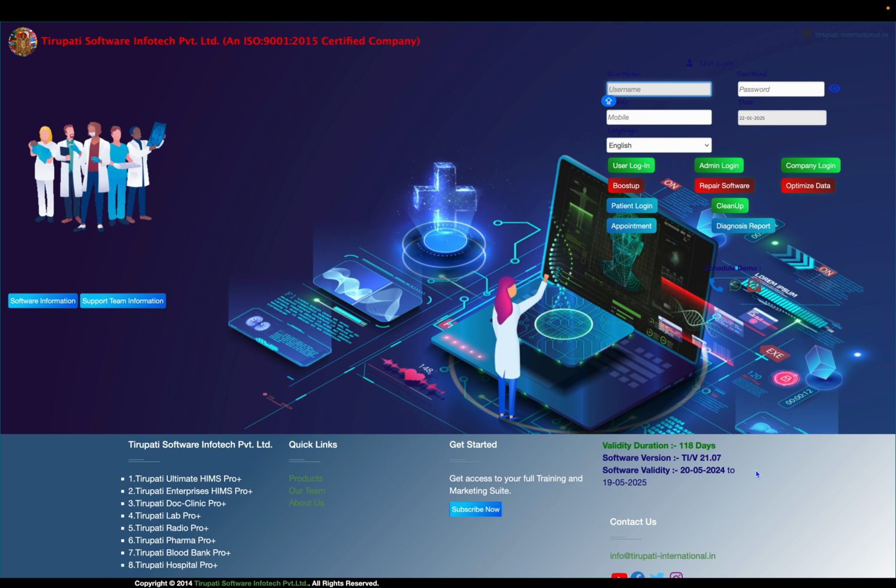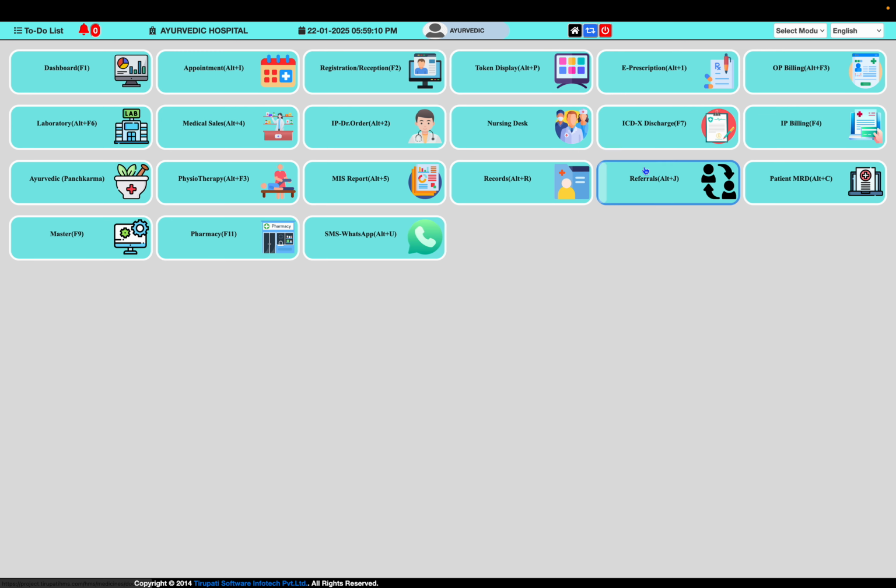So in today's scenario, I am preparing an Ayurvedic and Panchkarma relevant operational flow of the software, and the respective reporting and progress report. So let's log in with the Ayurvedic application. Okay, here are the login credentials we are using, the Ayurvedic ID and password for the software. And once I log into the Ayurvedic user account, you can see the respective modules in front of you,